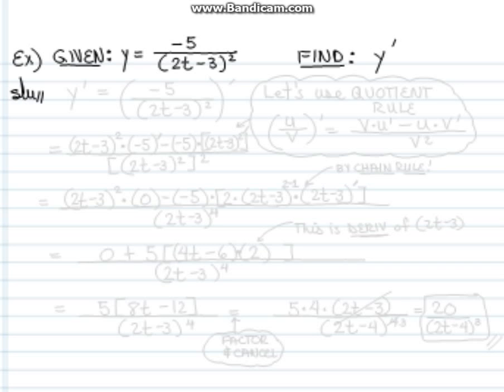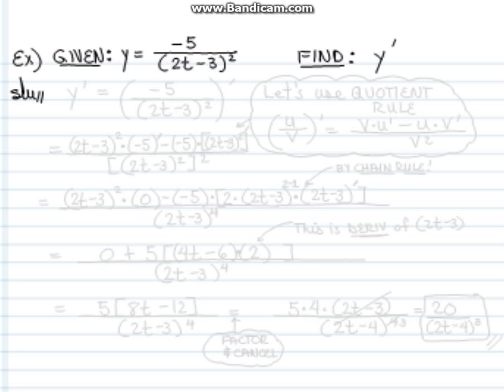Okay, this looks like a rational function. It's a quotient, so we will be using the quotient rule. However, there's more involved here because the denominator is a composite function, so we'll have to use both the quotient rule and the chain rule. You cannot ignore that chain rule. When there's a composite function anywhere, you have to apply it, even if it is in conjunction with the application